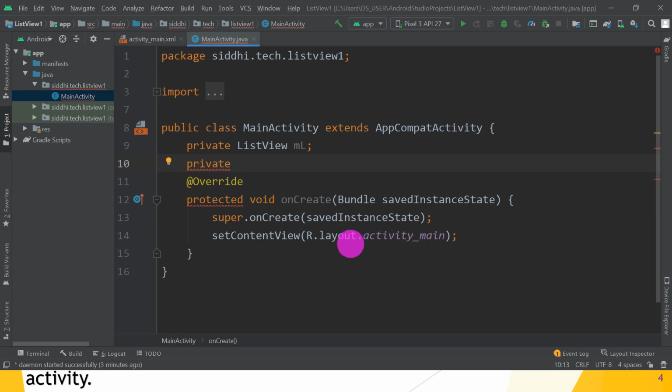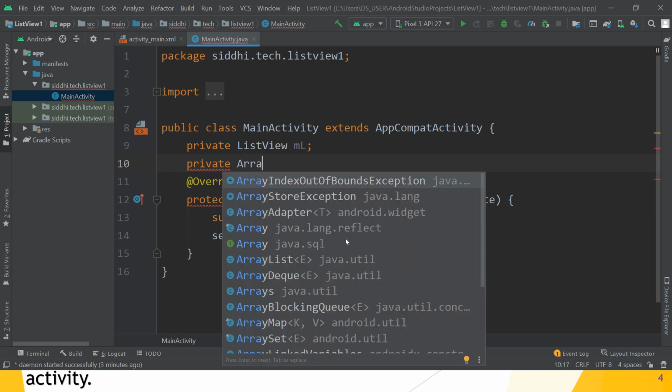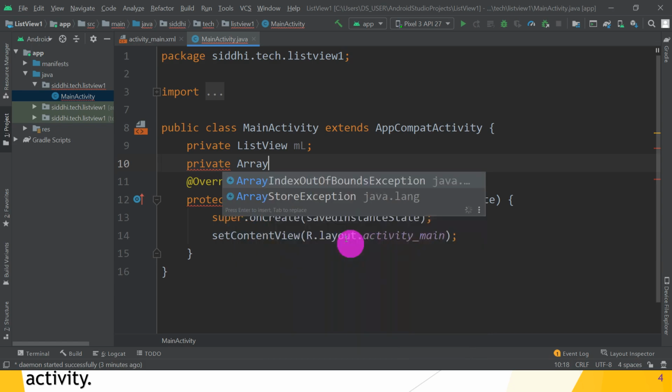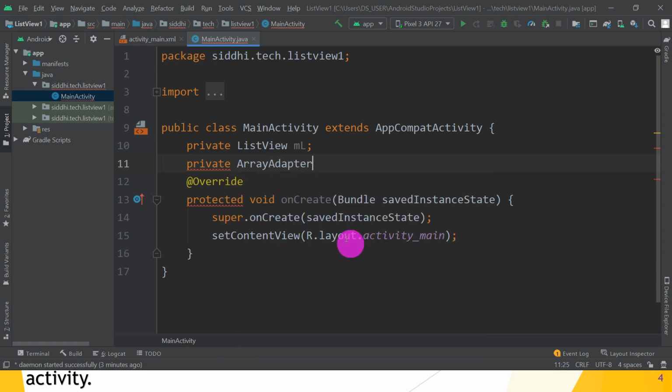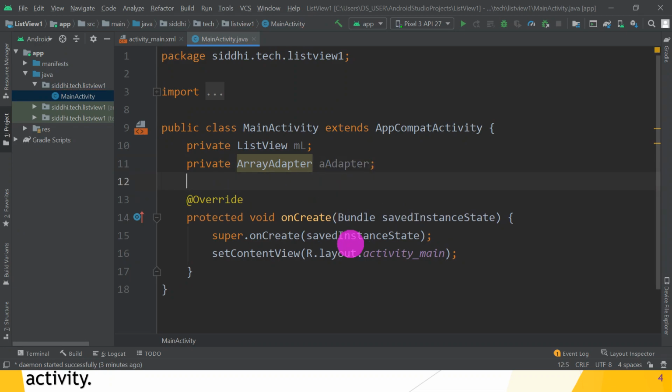Then ArrayAdapter class, create the reference variable, that is adapter. Great. So adapter is a reference of the ArrayAdapter class. Next, create the source.